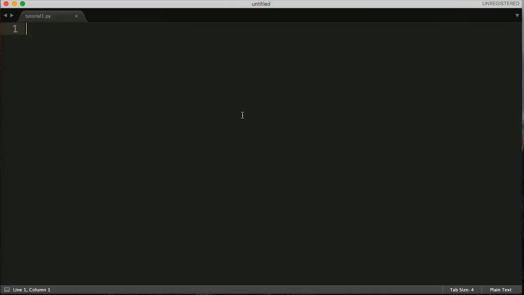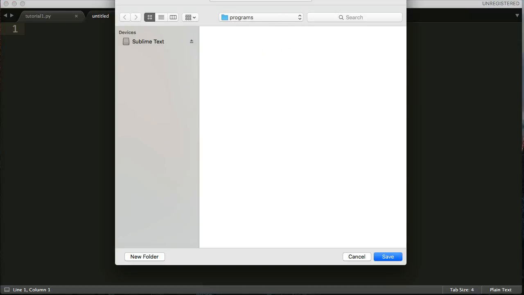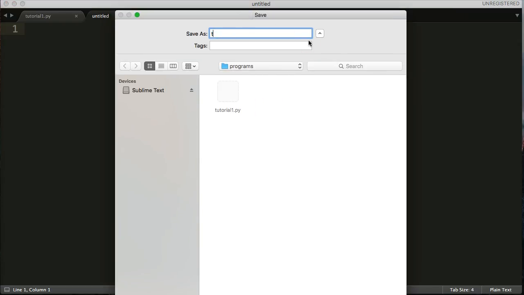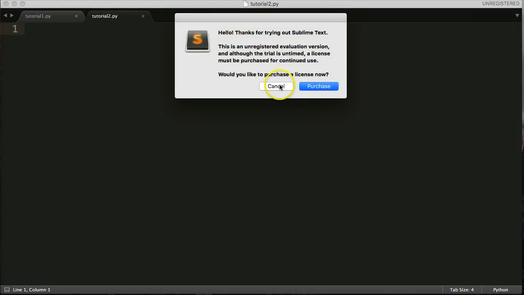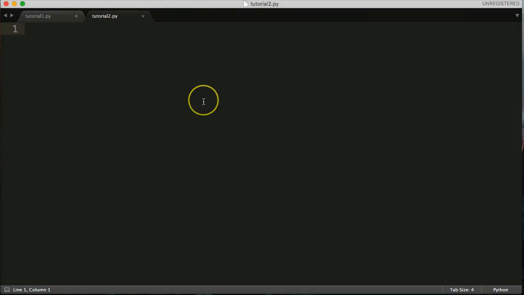Command N will create a new file. Command S will save that file. And we're going to name this tutorial 2.py. Make sure you've got the .py, and make sure you're saving it in your programs folder like we did in the previous tutorial. Alright, so we're going to put a comment up here, and we're going to say